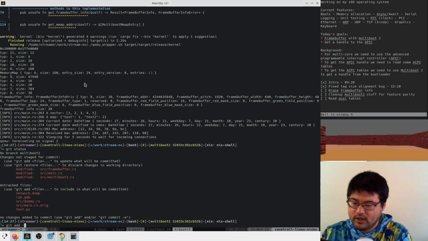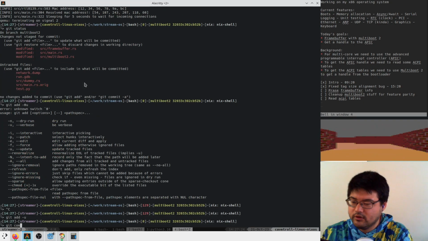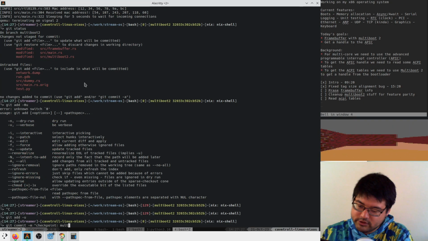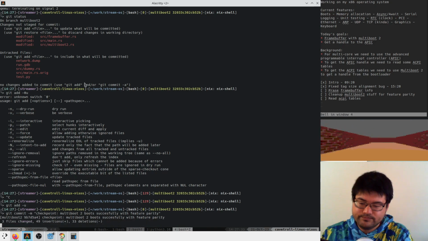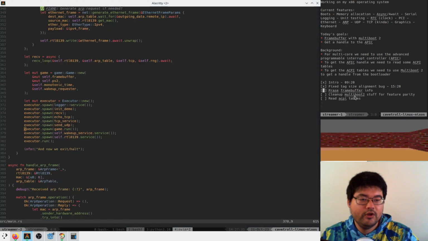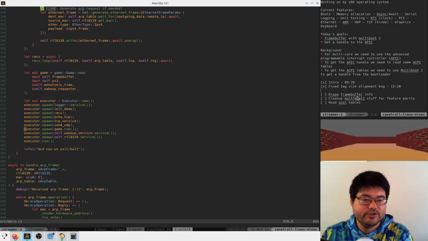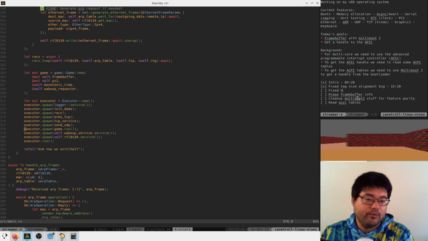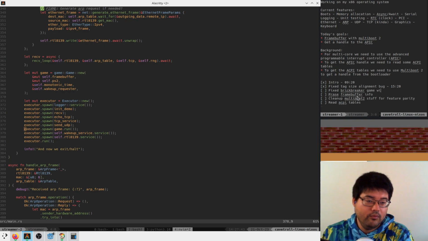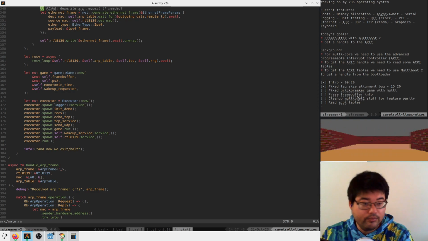So let's git add -u, git commit -m "checkpoint, multiboot 2 boots successfully with feature parity". All right, very cool. So here we'll say that we fixed the brick breaker game with multiboot 2.